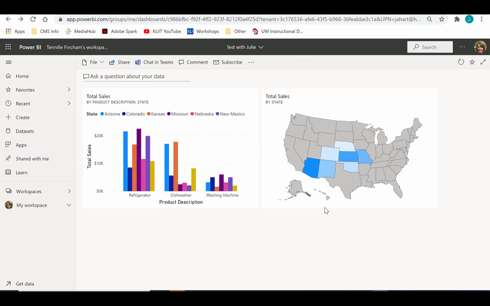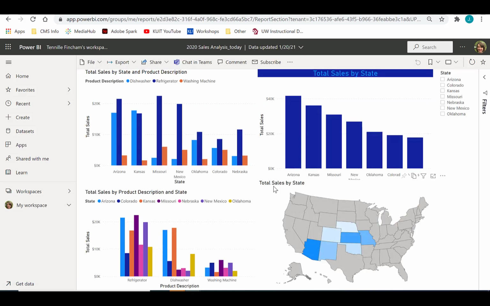If you hover over a certain piece of information, a window will pop up with additional details. Clicking on a tile will take you to the full report that was created using the datasets that were pulled in from other sources, such as Excel spreadsheets, SQL databases, or SharePoint lists. You will not be able to see the hard data itself, only the reports that were created from it. Click the Back button in your browser to return to the dashboard.